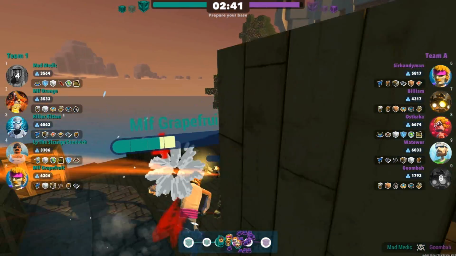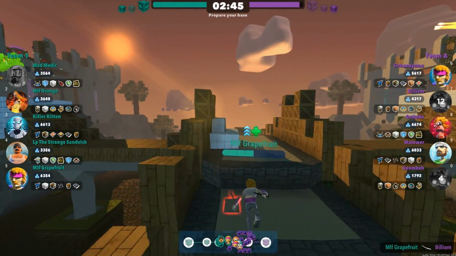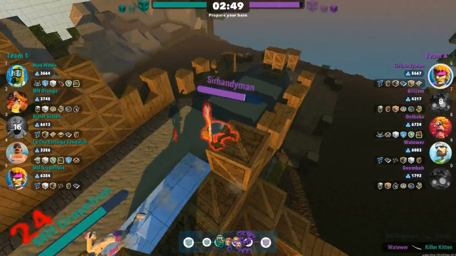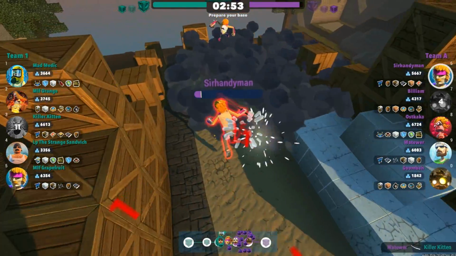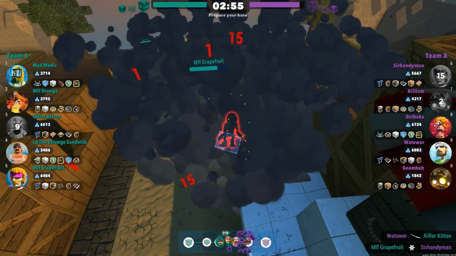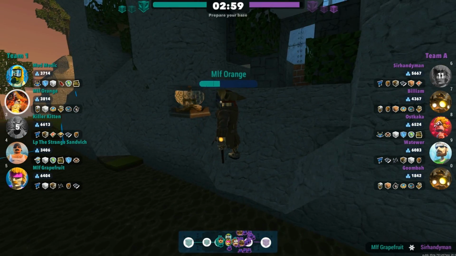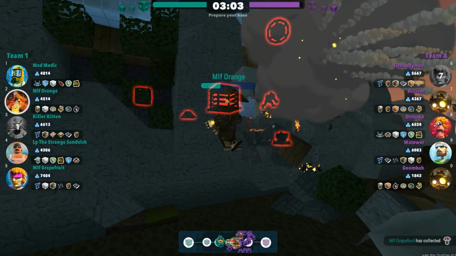Now Grapefruit takes down Bolium, picks up the health, and here we have Sir Handyman, who's just going to jump straight over, go for Grapefruit. Two OPs fighting it out here. And it looks like Grapefruit has taken the kill. So Orange seems to actually now be placing down radars so he can see where the enemy's base is, but